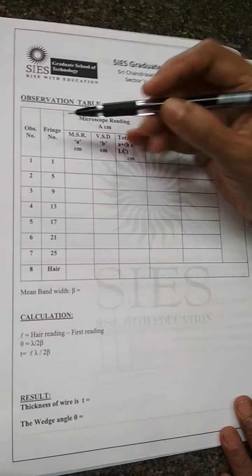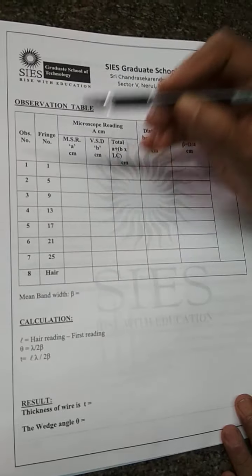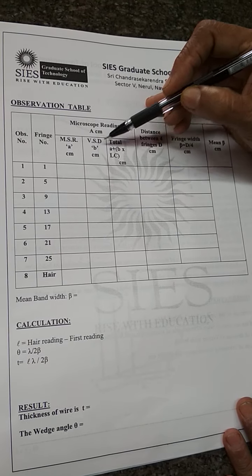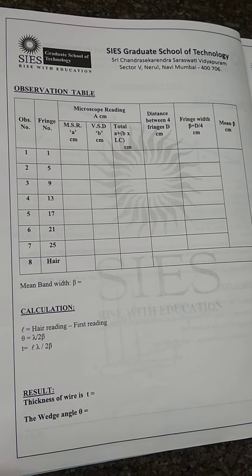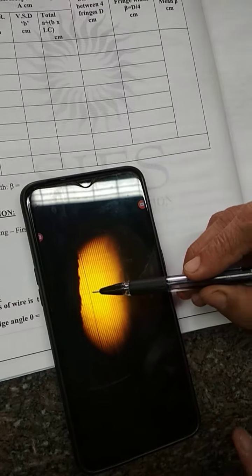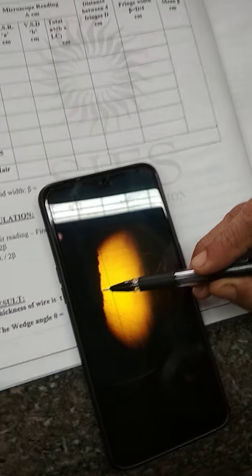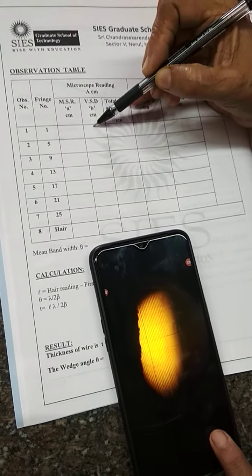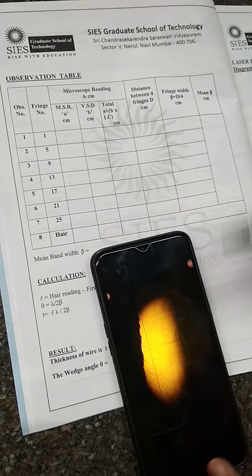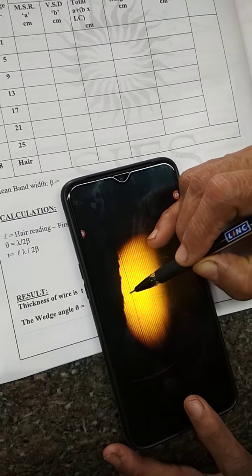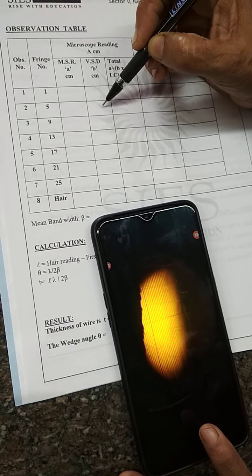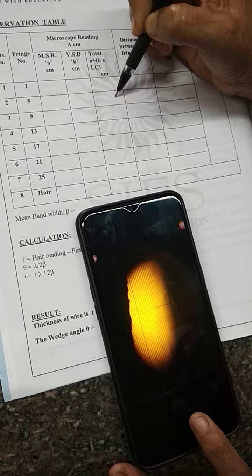In the observation table, here we have fringe number, microscope reading, main scale reading, vernier scale reading, total reading. So first of all, you have to adjust the center of the crosswire on the first dark ring after the apex and note down main scale reading, vernier scale reading, total reading. Then you have to bring the crosswire on the fifth dark ring and again note down main scale reading, vernier scale reading and total reading.